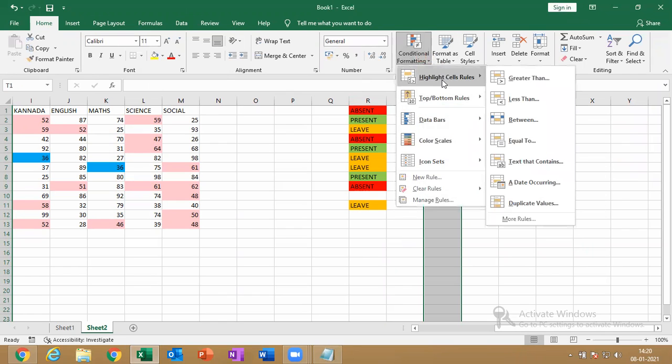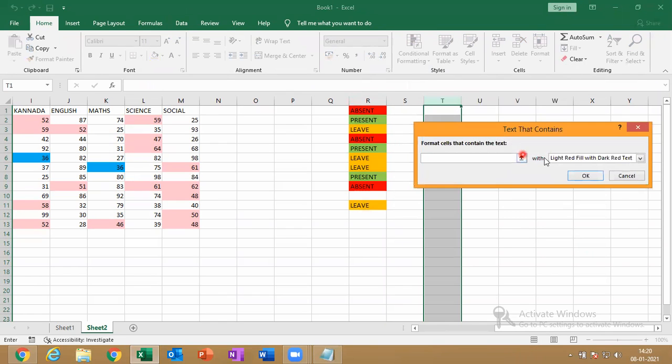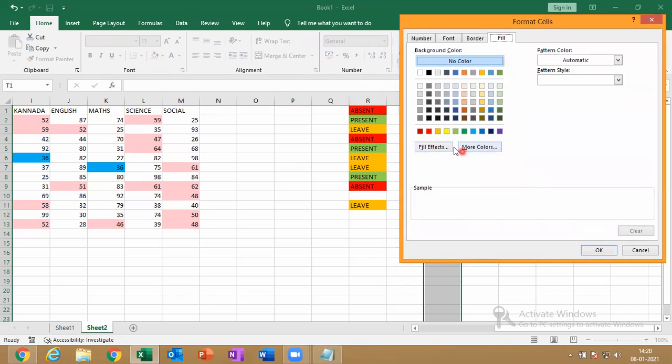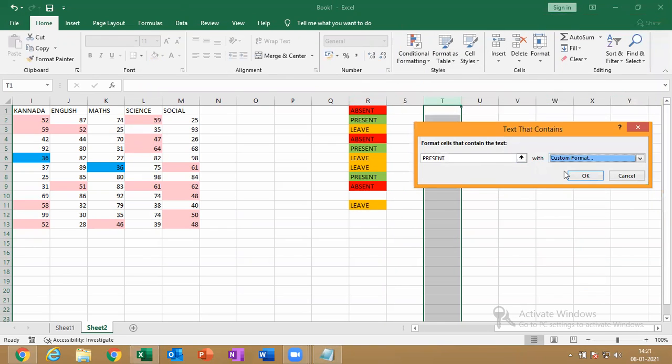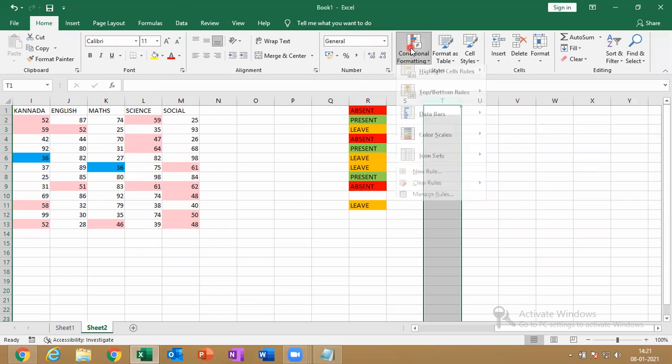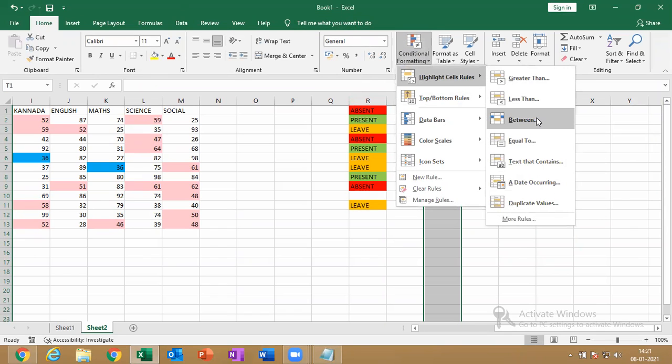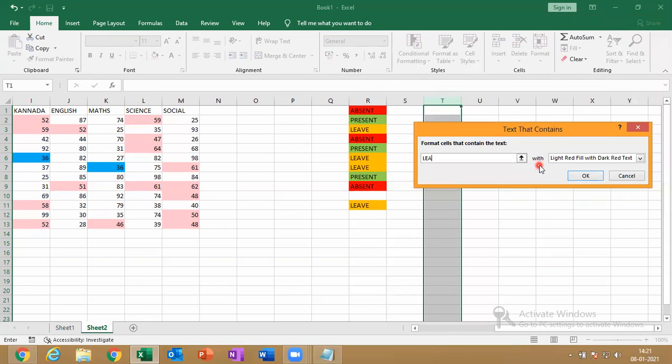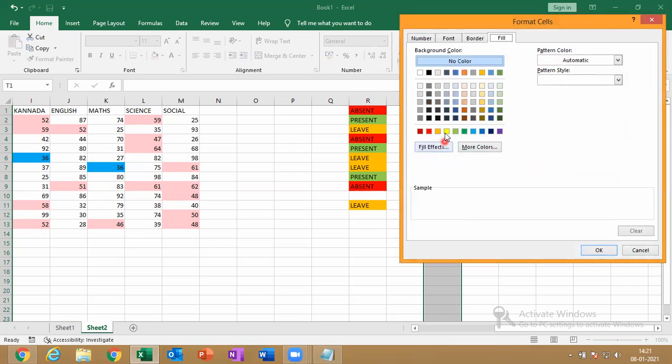Again, text that contains present, for present, green color. Again, conditional formatting, highlight cell rules, text that contains leave, custom format with something orange or yellow like this.